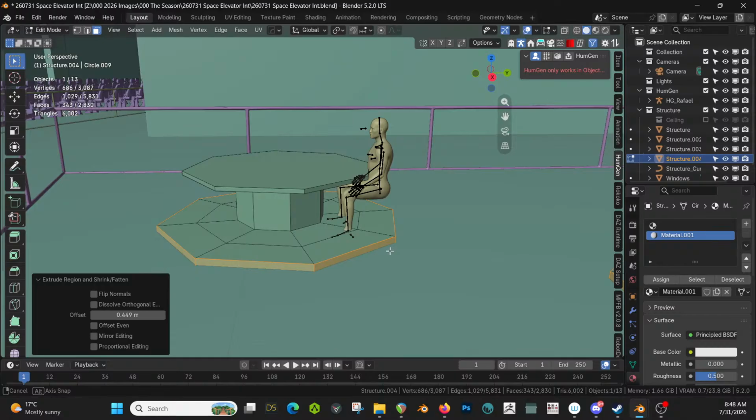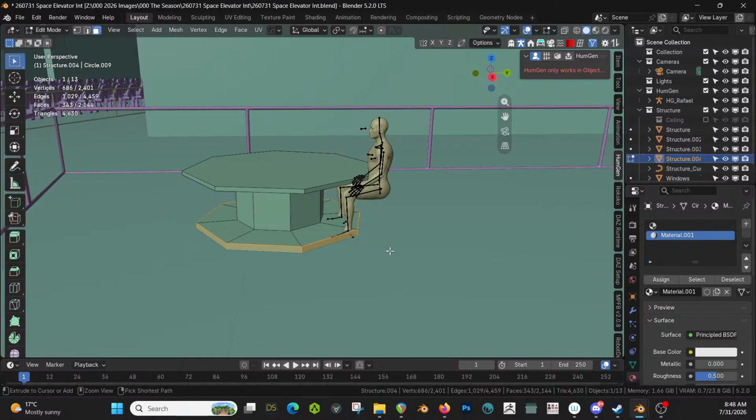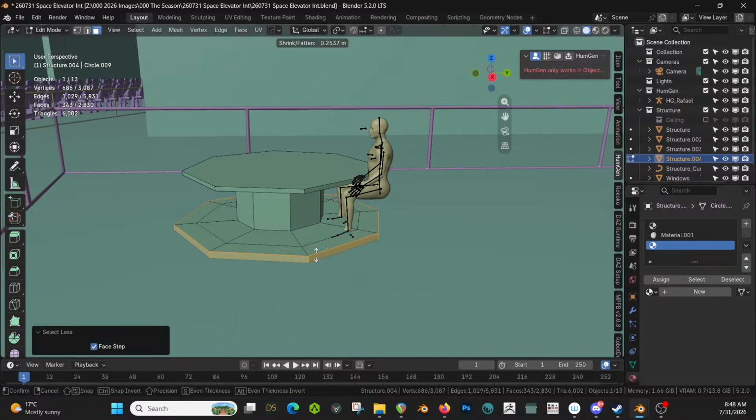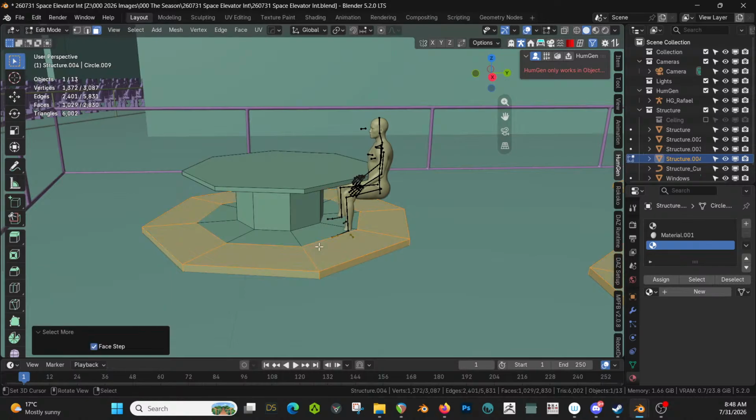Now, how do we want to do this? Undo. Plus. We could just do vertex groups too, but this works just as easy. Assign. And then minus normals, plus. Okay. Now,